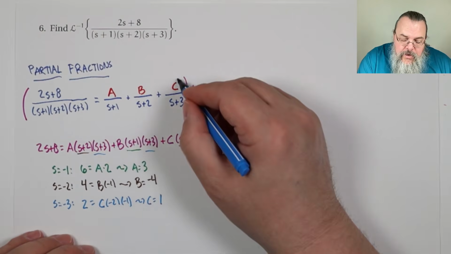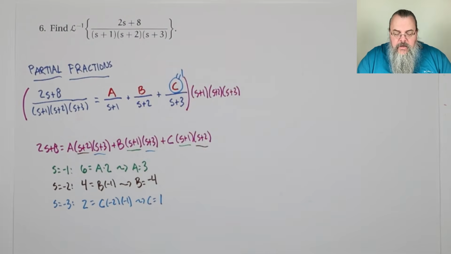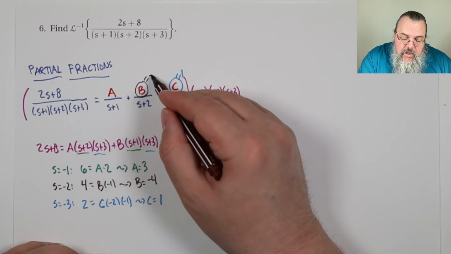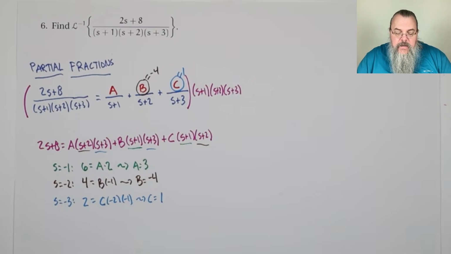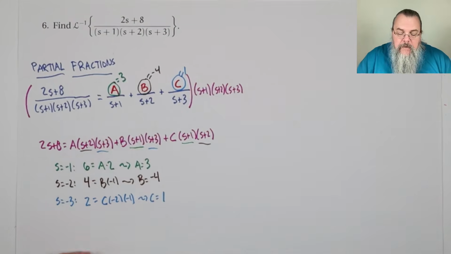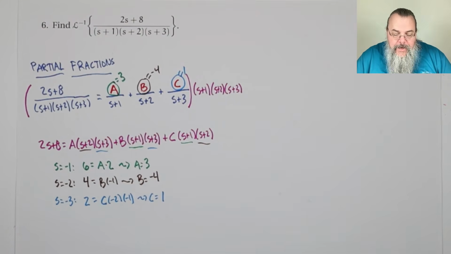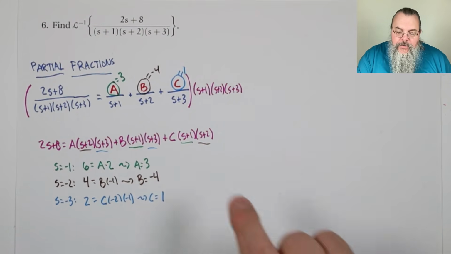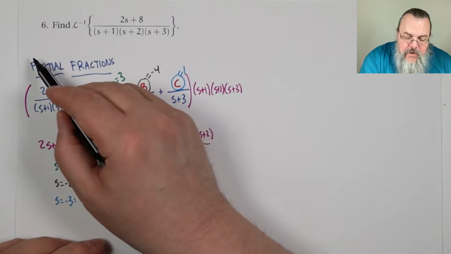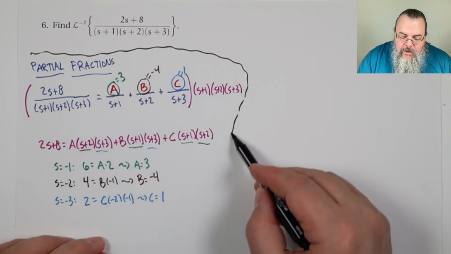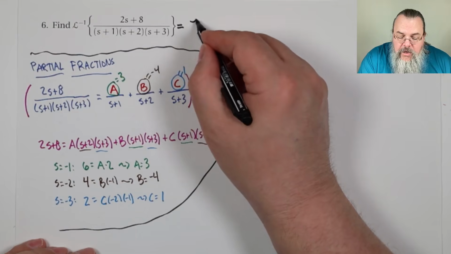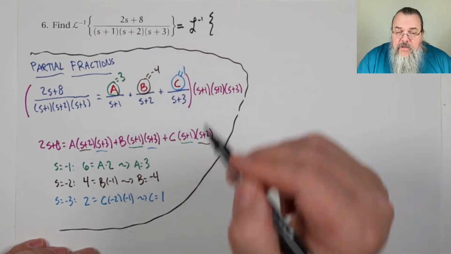All right, so now we know these values. C is 1. And then we should have written this down earlier, we'll do it now: b is -4. And finally, a here is 3. Now we're ready to do what? We're ready to rewrite our problem. So we've done our partial fractions work, and we'll put that to the side. That says this can be rewritten now as find the inverse Laplace of